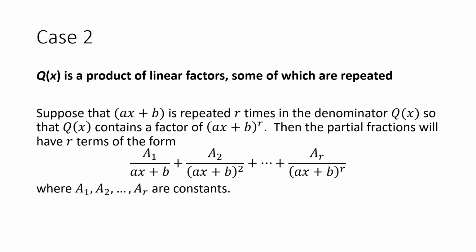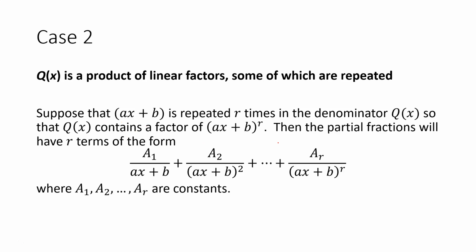The second case to consider is when q of x has a product of linear factors, some of which are repeated. What that means is that we have a factor that has a power on it, a linear factor in particular. So let's suppose that we have a factor of the form ax plus b, a linear factor that has a power of r. In other words, it's repeated r times. So then